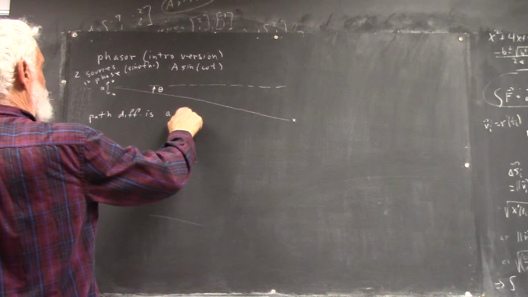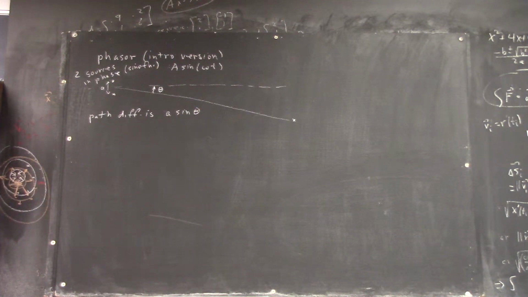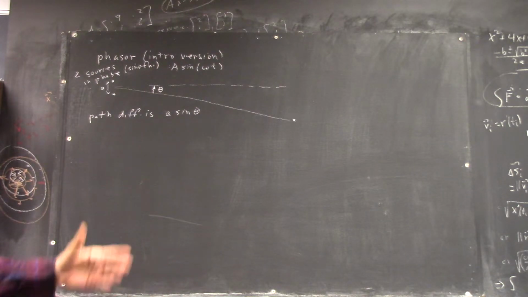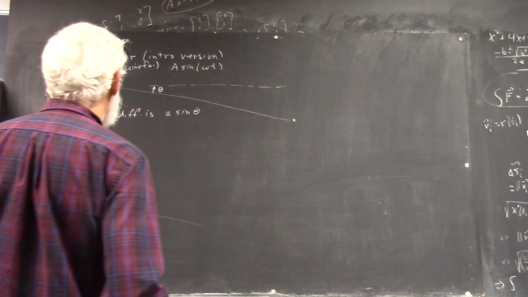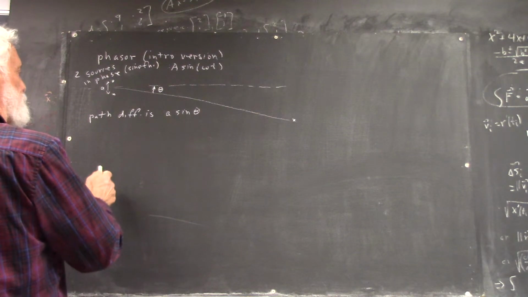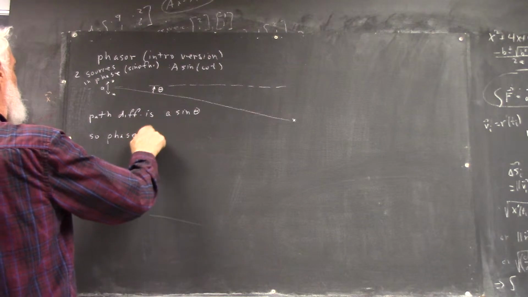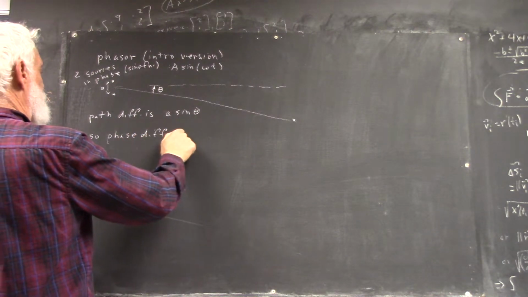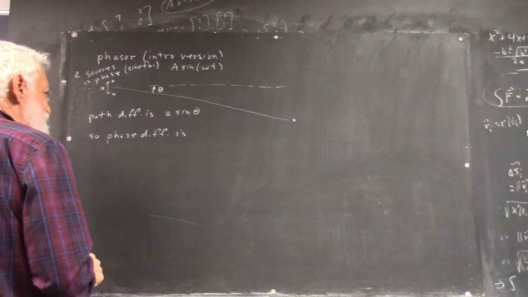Okay, so the path difference is a sine theta. And we've drawn that picture. If you don't remember the picture, look up two slits in your book or anywhere, and you'll see the same picture everybody else uses. Path difference is a sine theta. So the phase difference is,